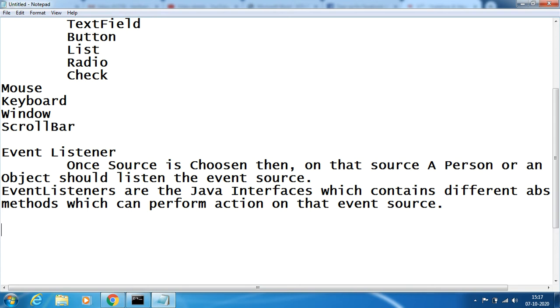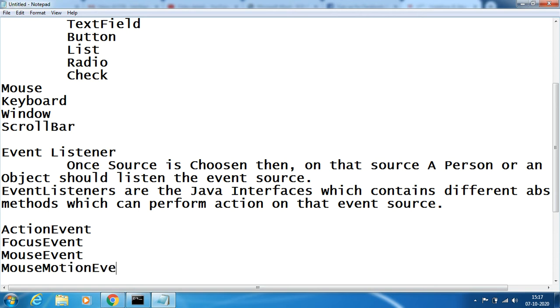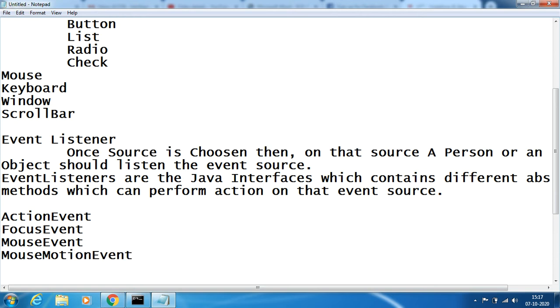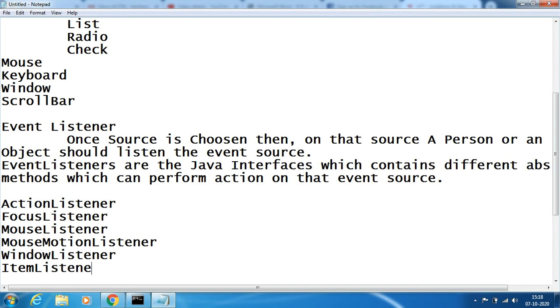For example, I have a few event listeners: action listener, focus listener, mouse listener, mouse motion listener, window listener, item listener. I shouldn't say event, I wrote it wrong here. Action listeners, I'm very sorry.